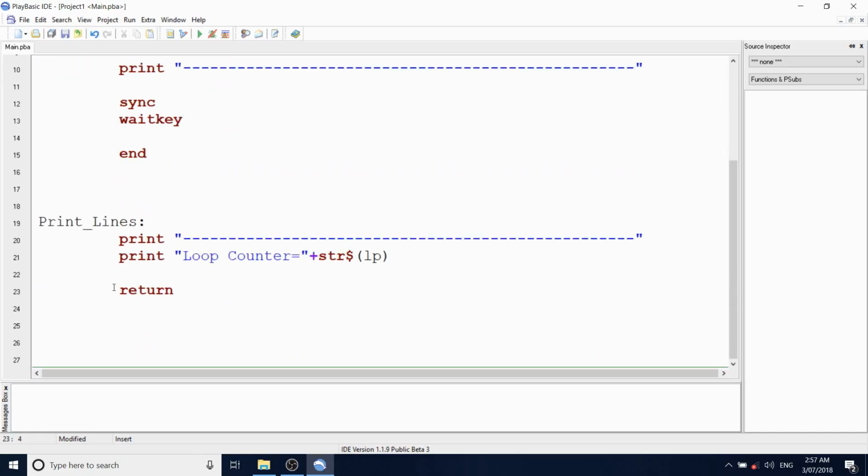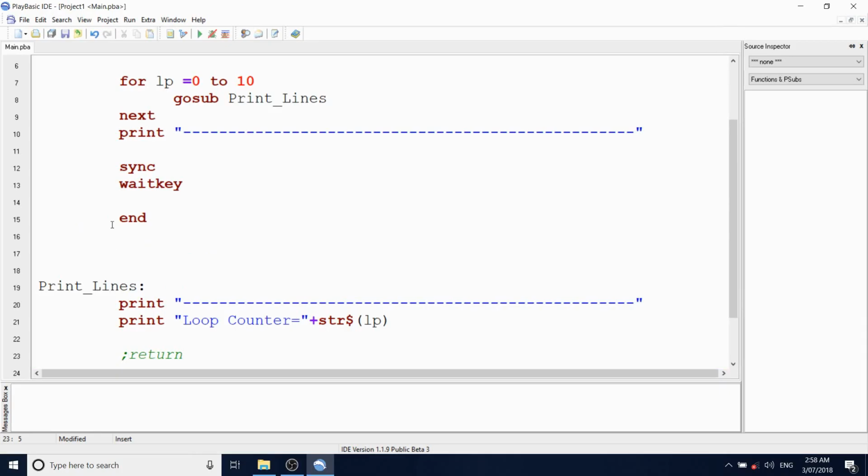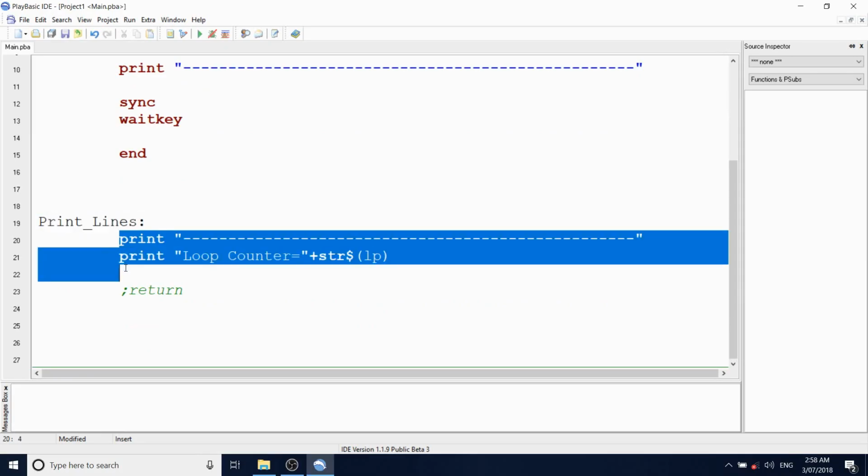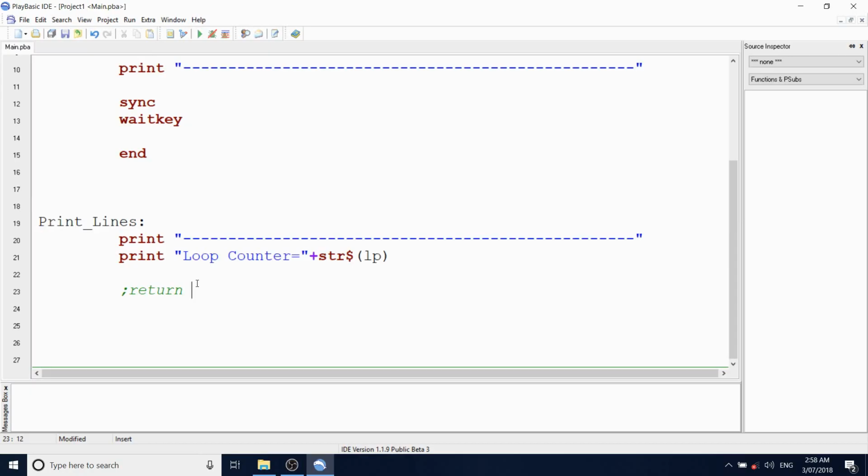If I miss this return statement out, this program will behave differently altogether. What's happening is that we're making the call, but we're never actually coming back from this subroutine here. There's no indication at all as to what's happening. So in bigger programs, it's quite common for people to miss a return statement, or